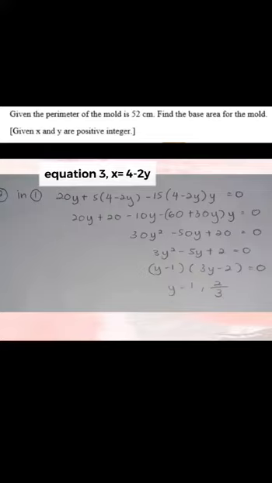Then we'll get the answer y equals 1 and 2 over 3. As we know, the x and y are integers, so we'll take y equals 1. Then we will substitute our value of y, which is 1, into our third equation where x equals 4 minus 2 bracket 1, and we'll get the answer